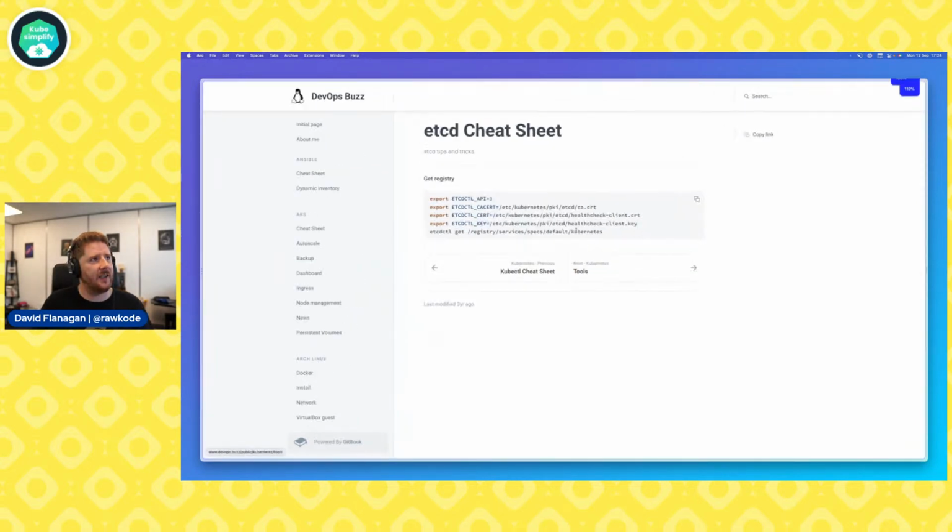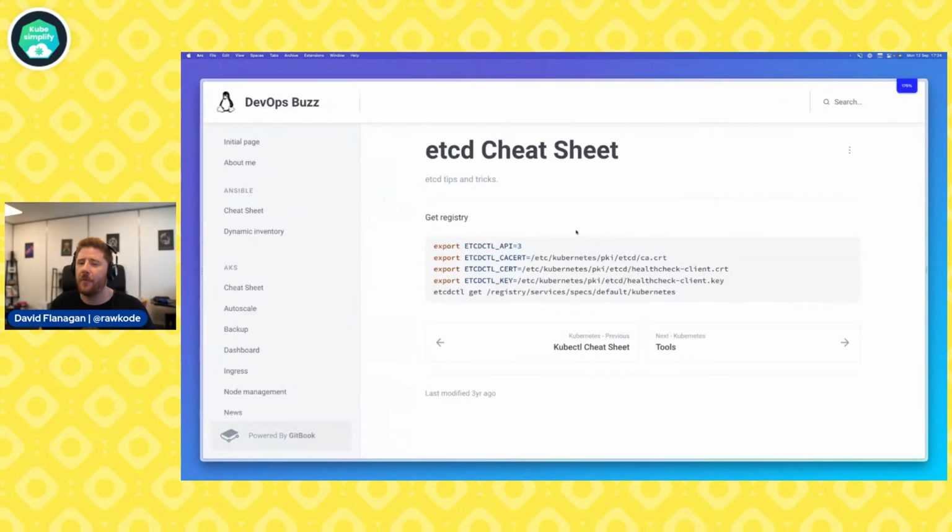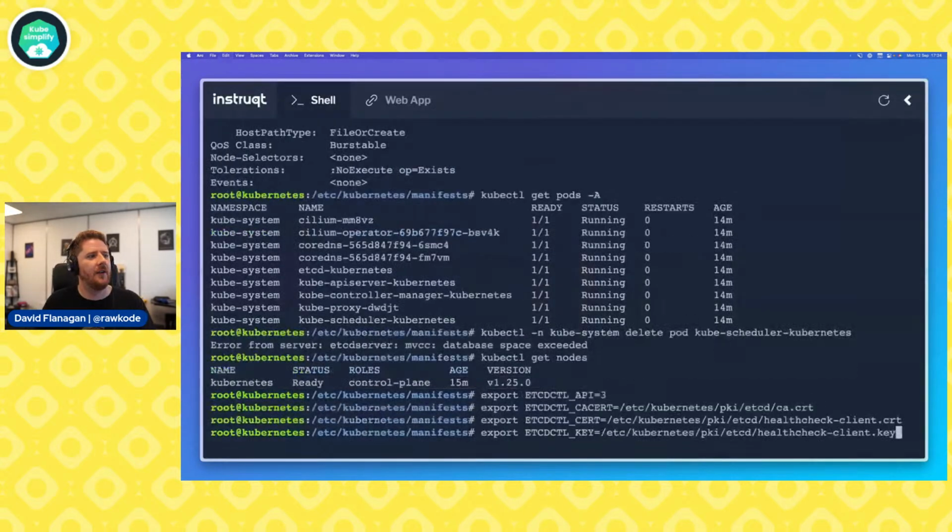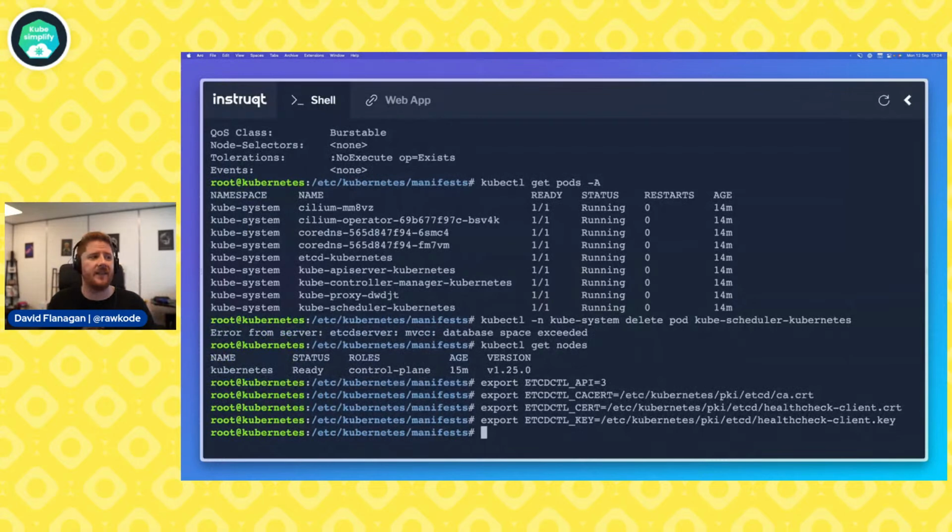Why am I sharing this? Because at some point, you're going to need it. These 4 lines, unless you've got an eidetic memory, you're just never going to remember them. Let me paste the URL into the chat. Bookmark it, or just learn how to Google it with the same terms. But these 4 lines are how you allow your machine to speak to etcd.